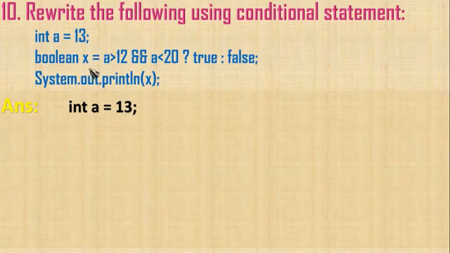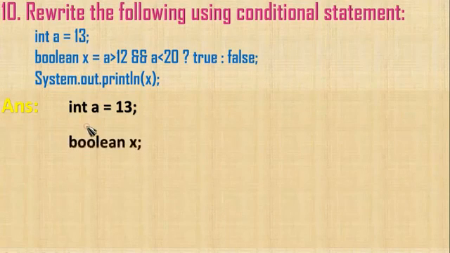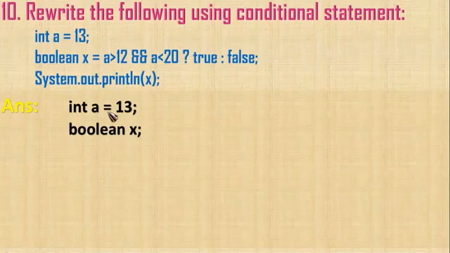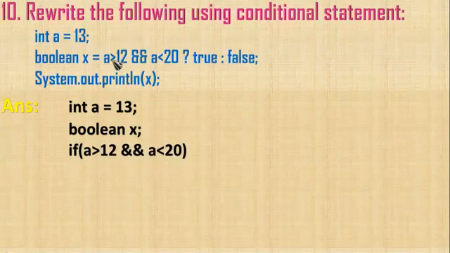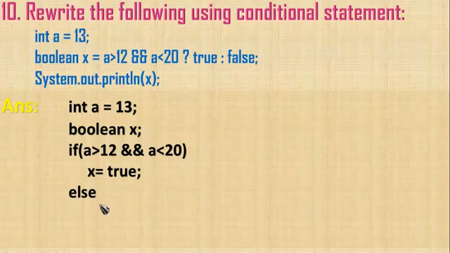And then boolean x. So we have to declare this. So we will declare boolean x. And then we will give if condition. If this is the condition, if a is greater than 12 and a is lesser than 20. So this is calculating whether it is between 13 and 19, including both. That means teenager. If this is true, this will be stored in x. So x is equal to true we will give. If this is false, else condition will be there. X is equal to false will be stored. Then it is been printed there.